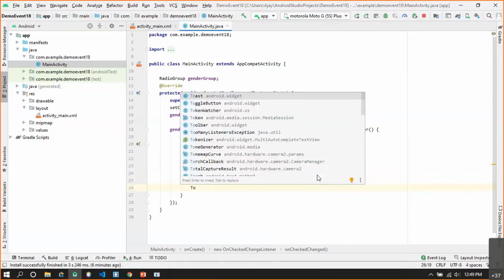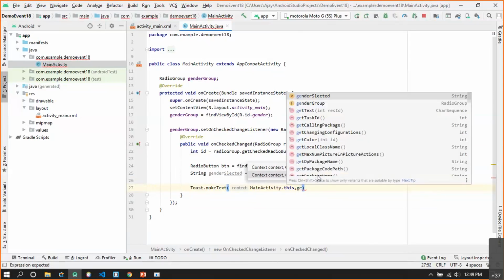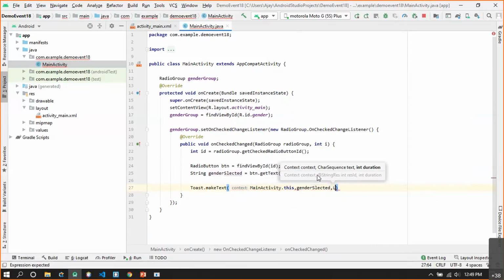Okay, and we can then simply display the gender selected by the user by using a Toast. So I can say Toast.makeText. Then this is the main activity, so I can write the context as MainActivity.this, the current context. Then the gender selected is saved inside a variable called genderSelected, and we are displaying it for a long duration.